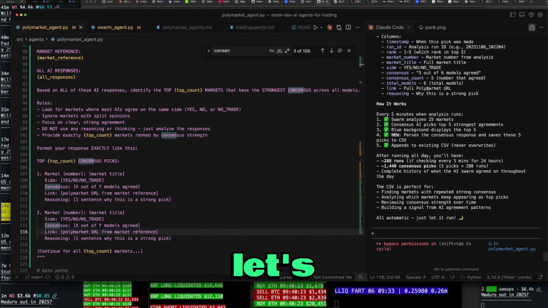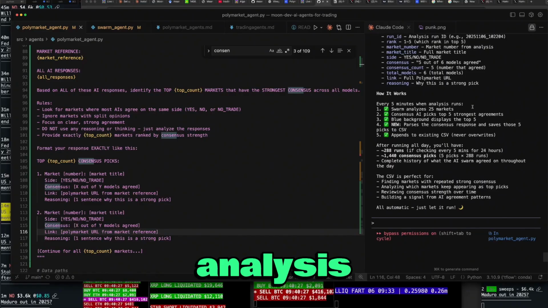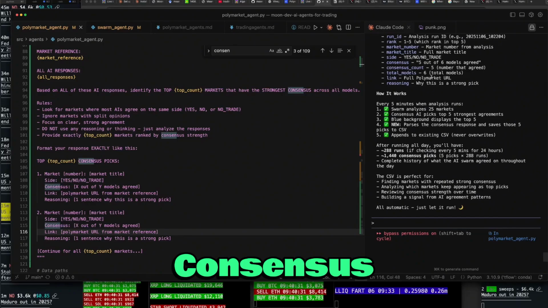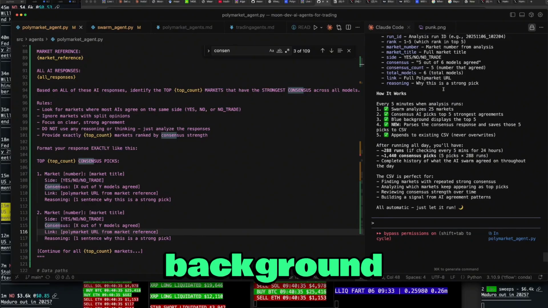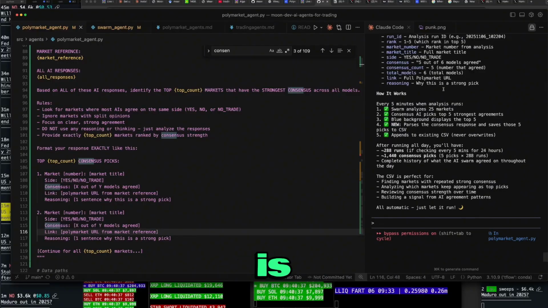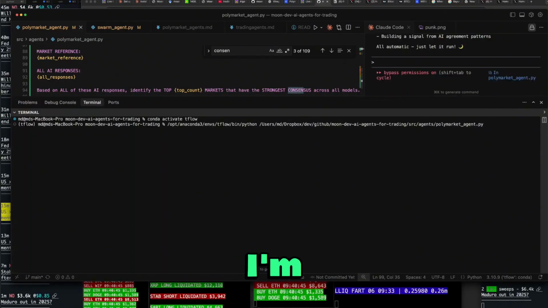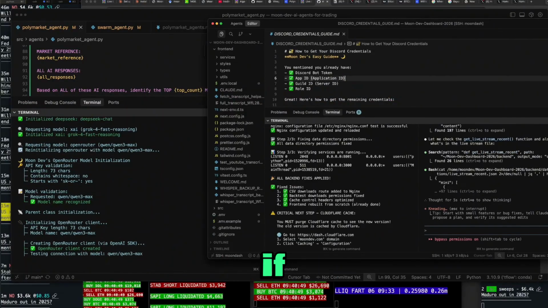Let's go ahead and see how it works. Every 5 minutes, when analysis runs, it analyzes 25 markets. Consensus AI picks the five strongest agreements. The blue background displays the top five. What's new here is it parses the consensus response and saves those five picks. Let's go ahead and run it and make sure it works. And I'm going to push it to GitHub because I believe code is a great equalizer. I believe if I show you everything,